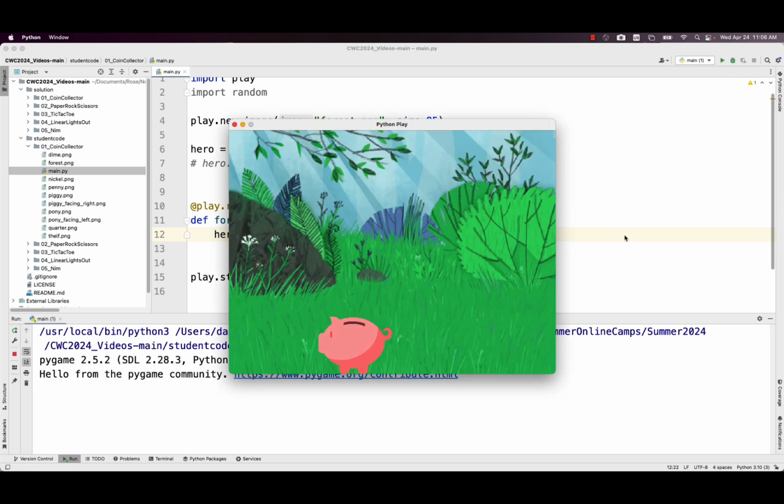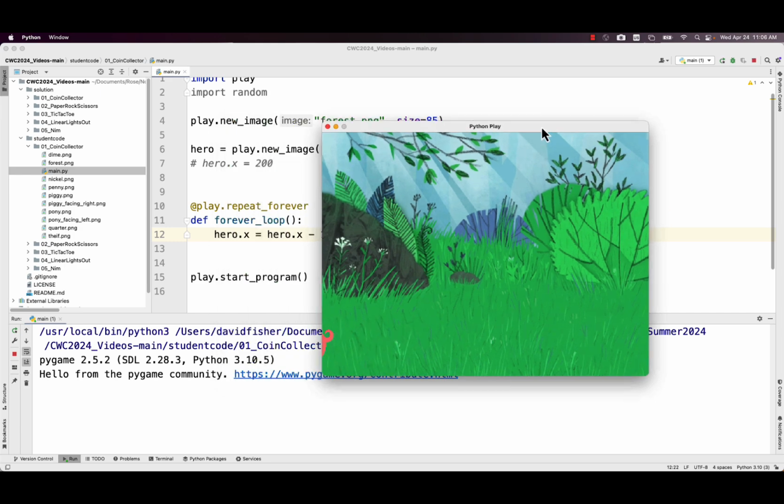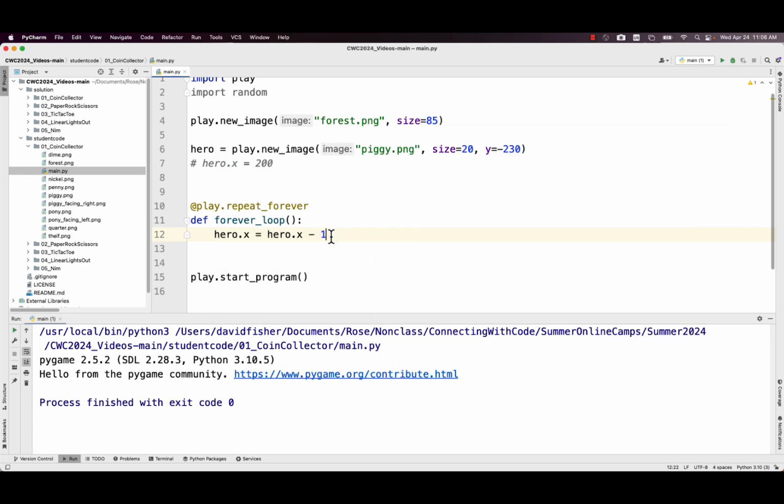What this loop forever area is going to do is it's going to have code that runs every couple of milliseconds, right? And so we don't want to always move left or always move right. What we want to do is see if a key is being pressed. So we're going to write our first if statement, which is going to be fun. So we're going to say if